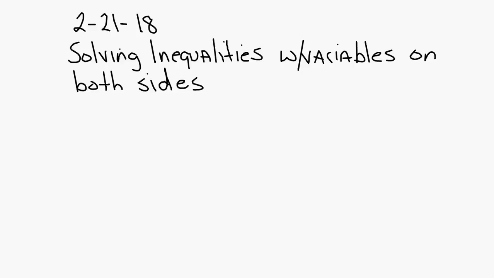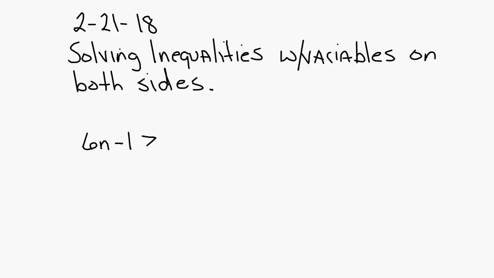And again, this is going to be just like solving equations with variables on both sides, but you're just going to have to deal with the inequality. Meaning, if you multiply or divide both sides by a negative, then you have to change the direction of the inequality. So, example 1 here is 6n minus 1